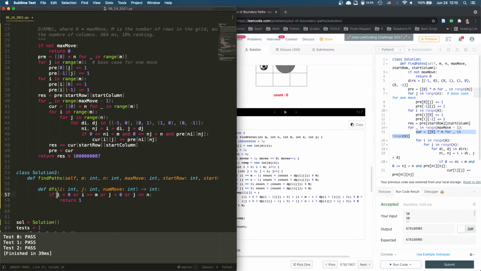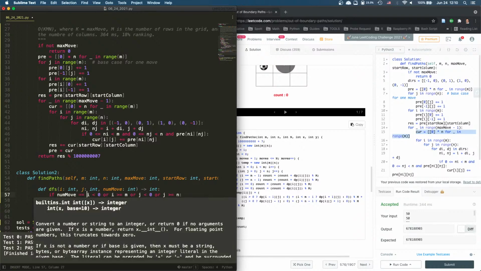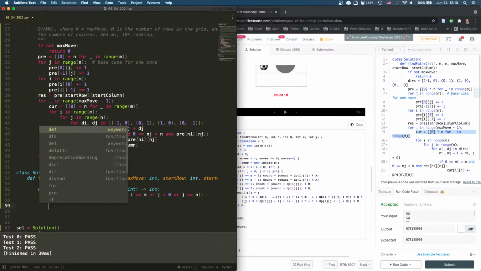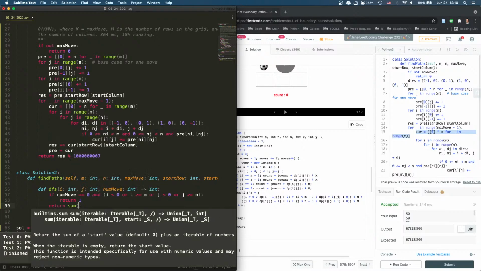So it has to be if num_move is 0 and this, right? I'm actually going to put parentheses as well. Then we return 1. Otherwise, we're just going to call DFS and return sum